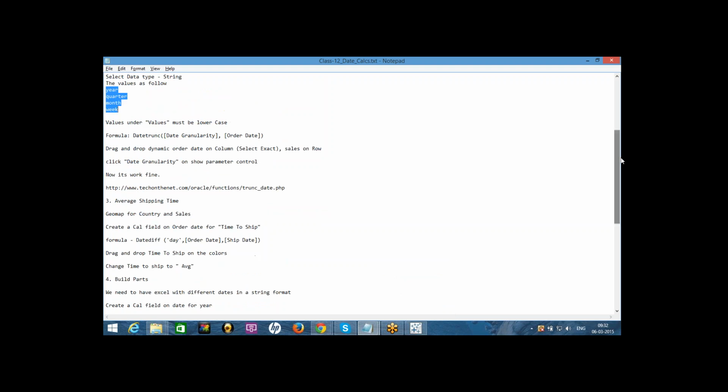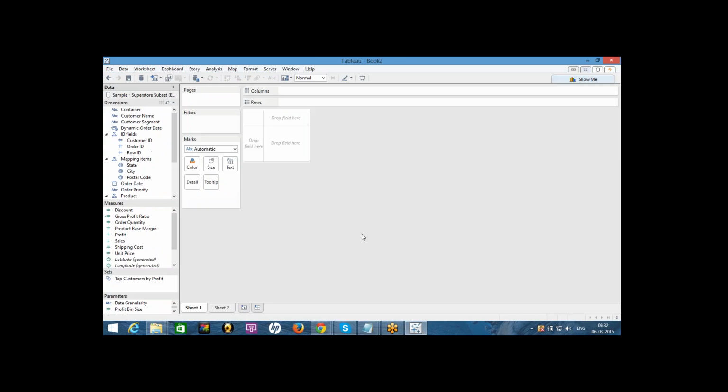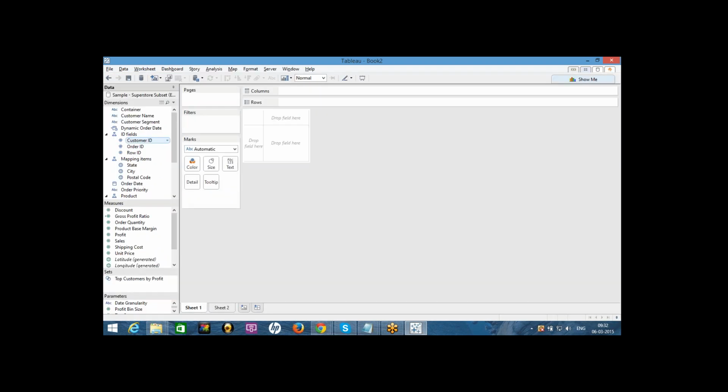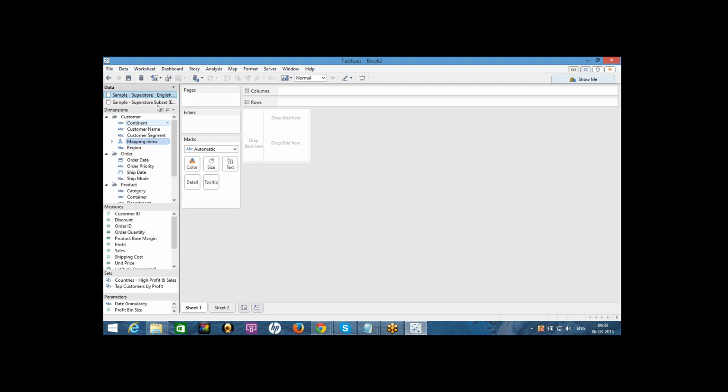And here I'm going to introduce calculating average shipping time. So I'm taking a geo map for country and sales. For that I need one more data source, that is Superstore. So here I got country.